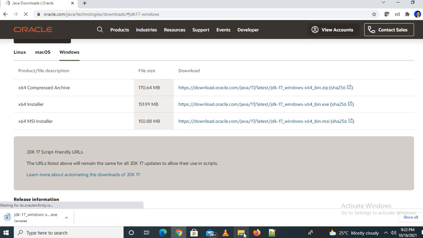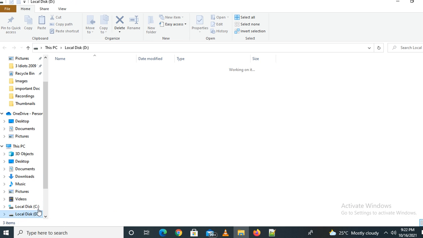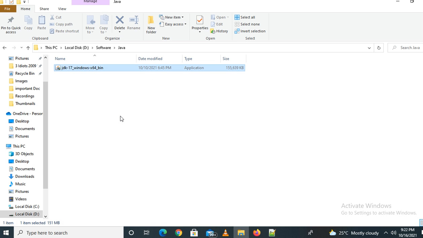Let's go to my downloaded file. I'm opening my D drive, the downloaded software folder, then Java, and this is the JDK 17 Windows 64 exe file. Let's double click this.